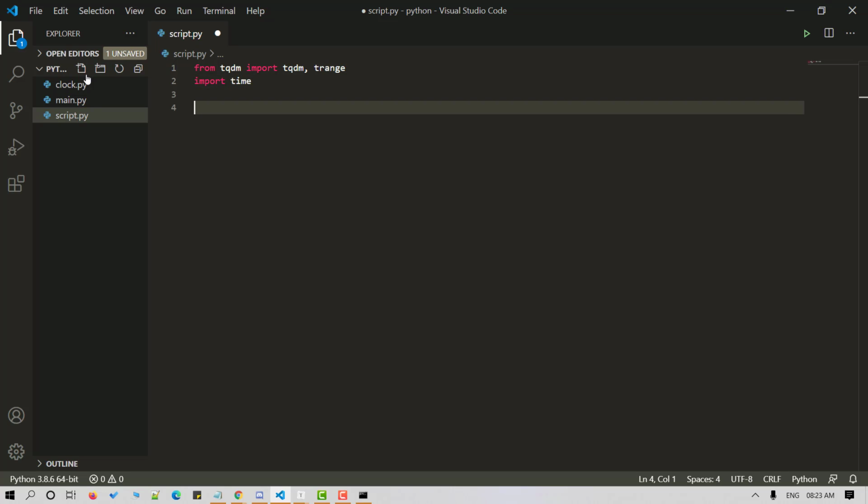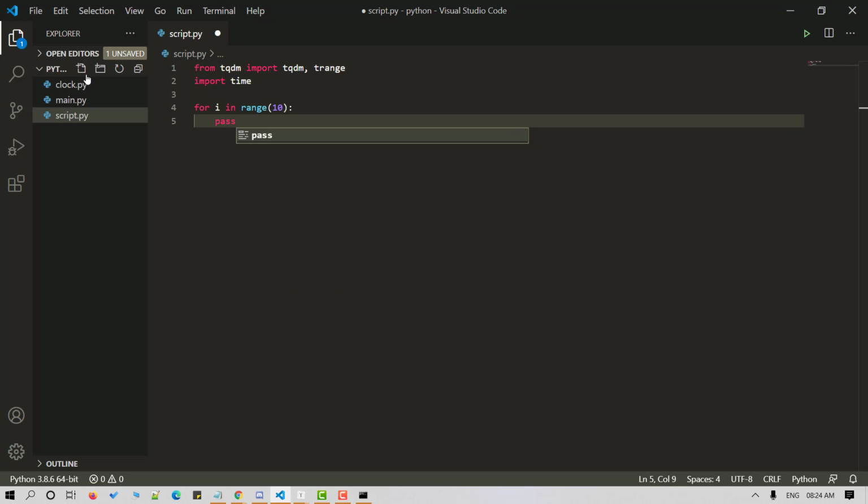Let's run a loop for an iterable. In order to see the progress, let's make use of the time module.